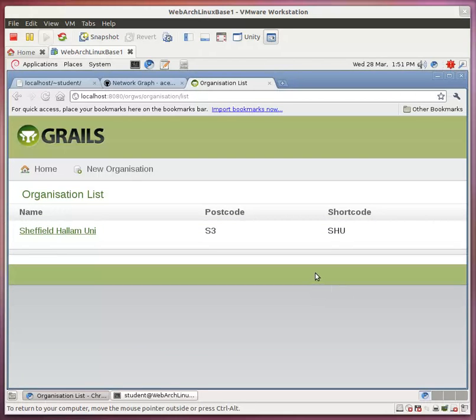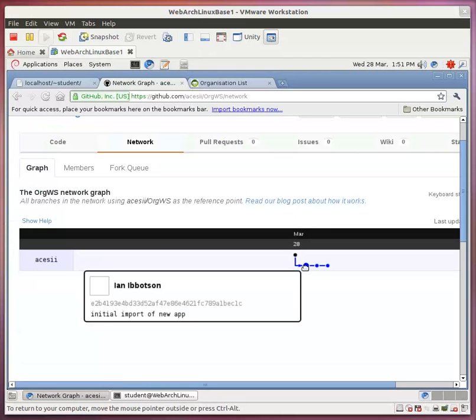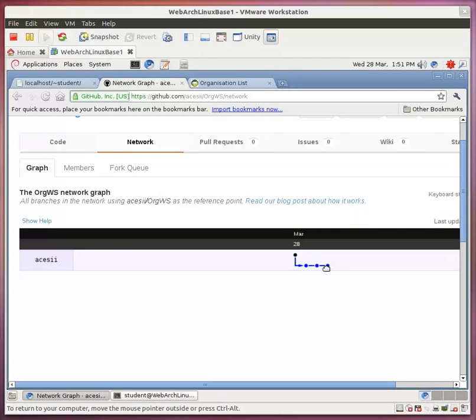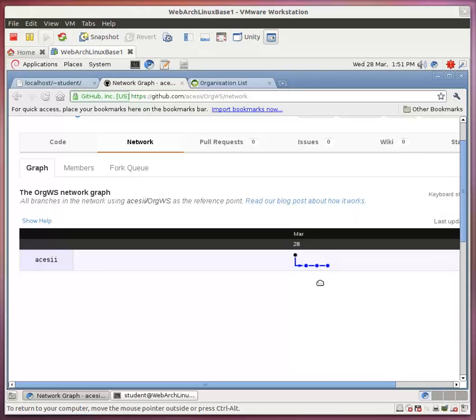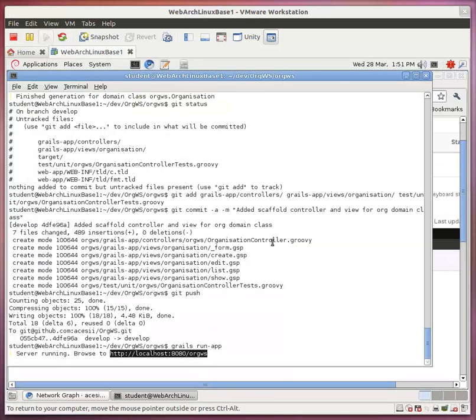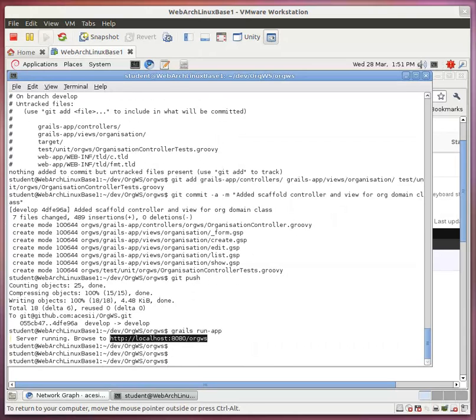So we might say, oh wow, this is great, this is our first release. What we've got is a few commits on our development branch as we've arrived at this point, and what we've got after we've generated these scaffolded things is our first release. So I'm going to stop that running. I'm going to switch to the release branch,